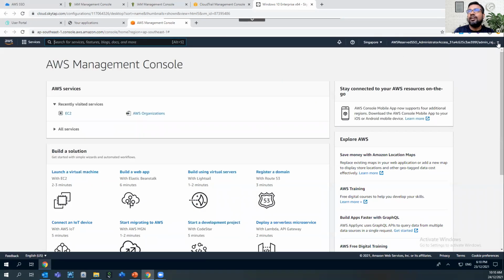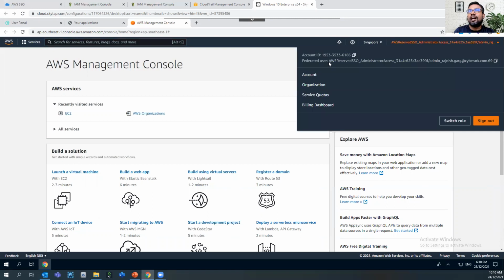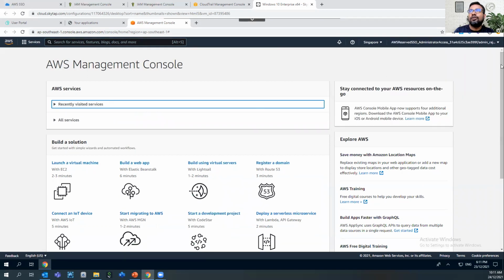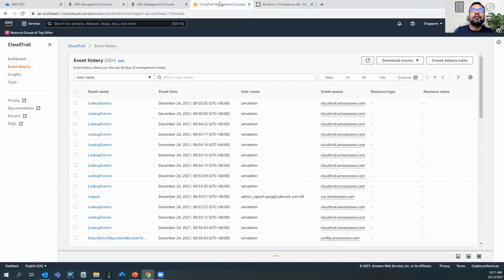As a user, I'm assuming this particular role, AWS Reserved SSO Administrator Access. This is the same role I showed you that AWS SSO created behind the scenes, and admin_rajneesh.garg is my username. We will wait for the CloudTrail events to appear, so I will pause this video and resume it after 1 to 2 minutes.